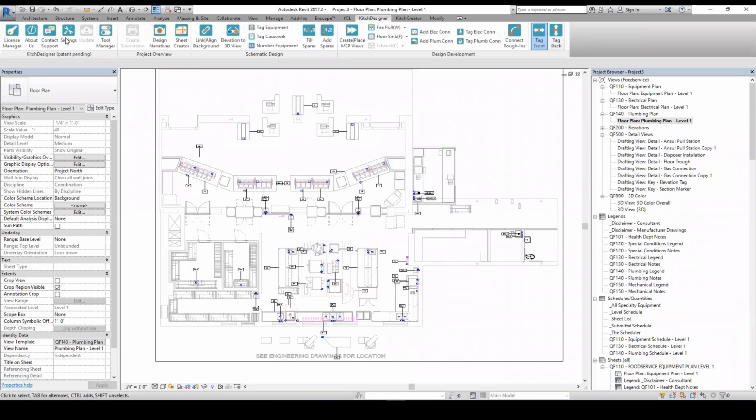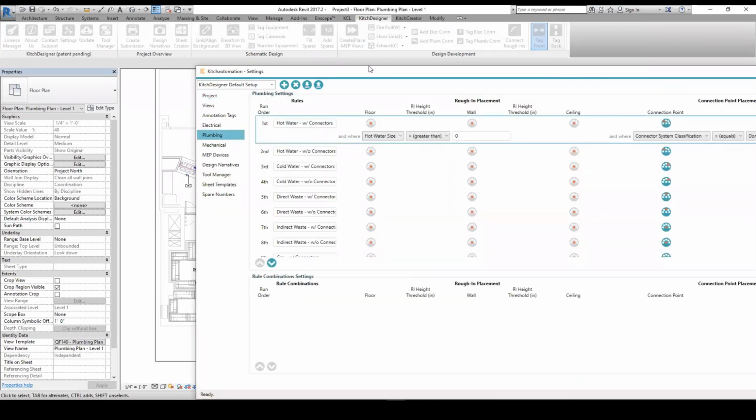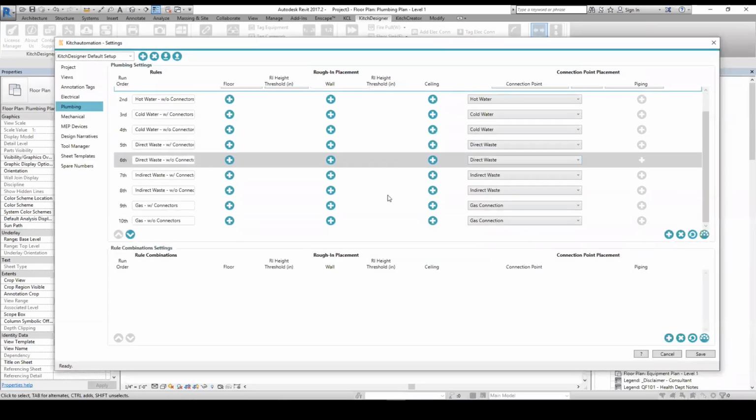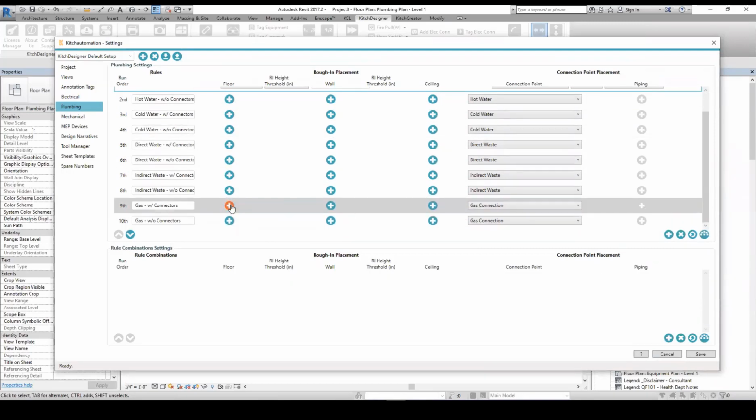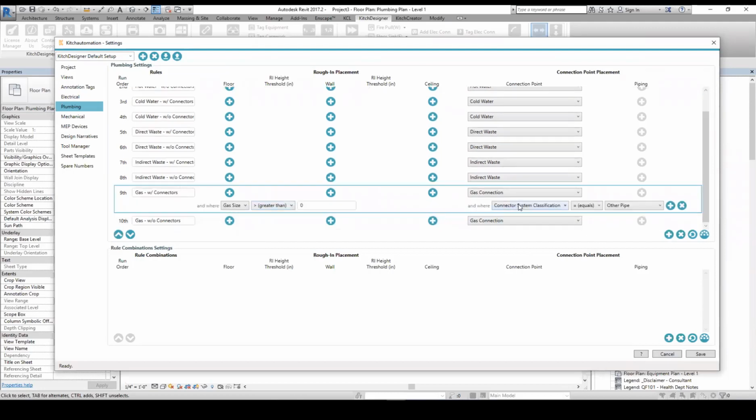I went over the issue that could happen with gas, with some content being created with the wrong gas connectors. So let me just show you a fix for that. It really comes back to just using the rules without connectors at all. But if you're worried that some of your families may have the wrong gas connectors or wrong system type for their gas connectors, it may not be set to other pipe, maybe set to something else, then you could